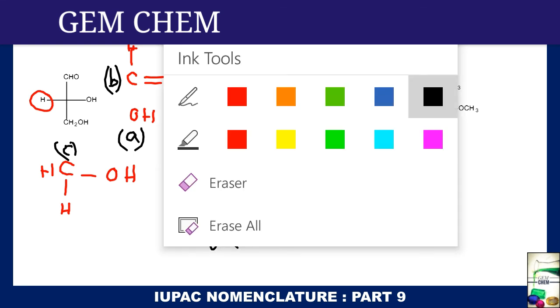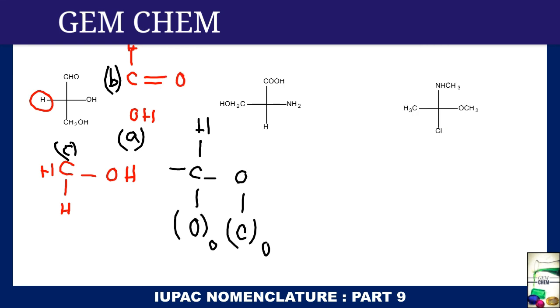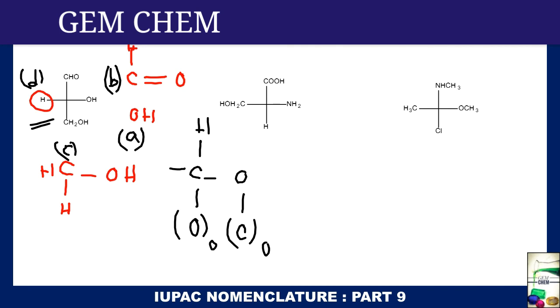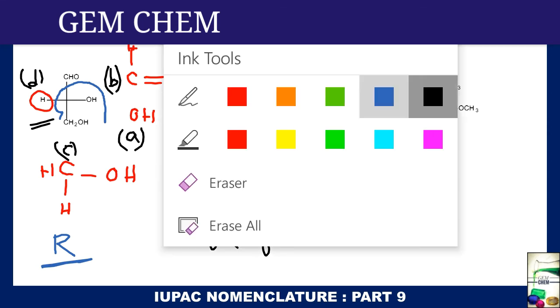So this is important. Now if we mark it as A, B, C, we can see that this D group is present above the plane. So whatever we are going to get will be opposite, right? So since we are going from A to B to C anti-clockwise, we are getting S, but since D is above the plane, we will write it as R. Clear? This is a trick to understand.